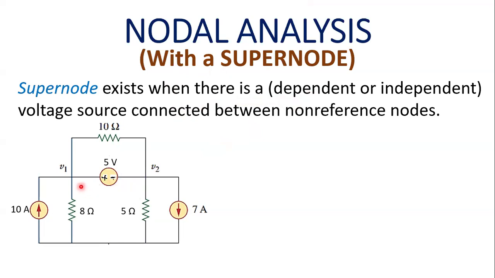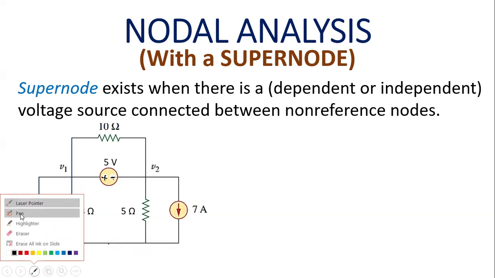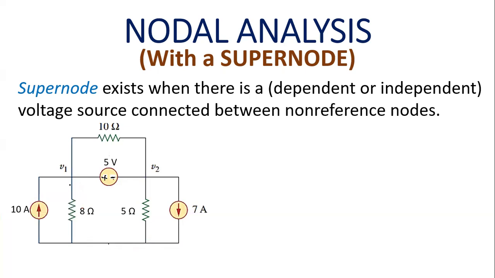What is the first step to apply nodal analysis to a complex circuit? Let's first identify the non-reference and the reference nodes. In this case, it's already labeled as V1 and V2, meaning these are the two non-reference nodes. And we have the third node at the bottom as the reference node. So we will label this as node 1.